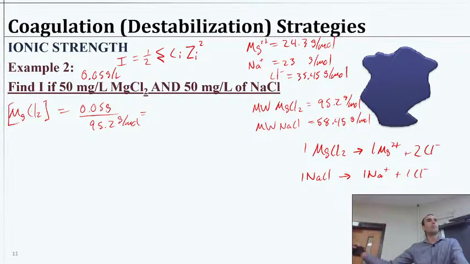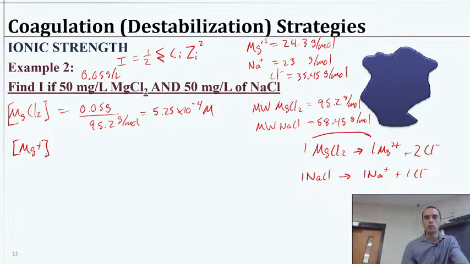That way I can find the molar concentrations of these guys. So if we do this, I've got this in my Excel sheet, this comes out to be just half of what we did a moment ago. So this is 5.25 times 10 to the minus 4 moles per liter. That means that magnesium, which is only coming from this one source in a 1-to-1 ratio, right? If we look at 1 to 1,